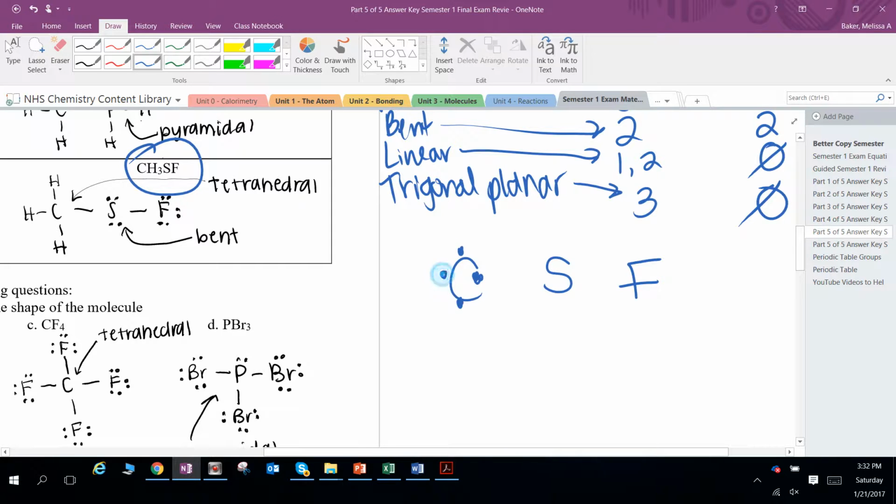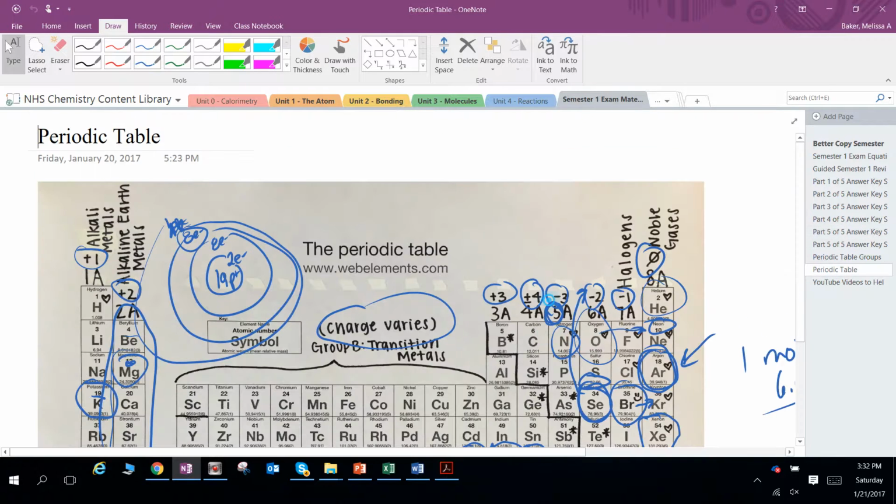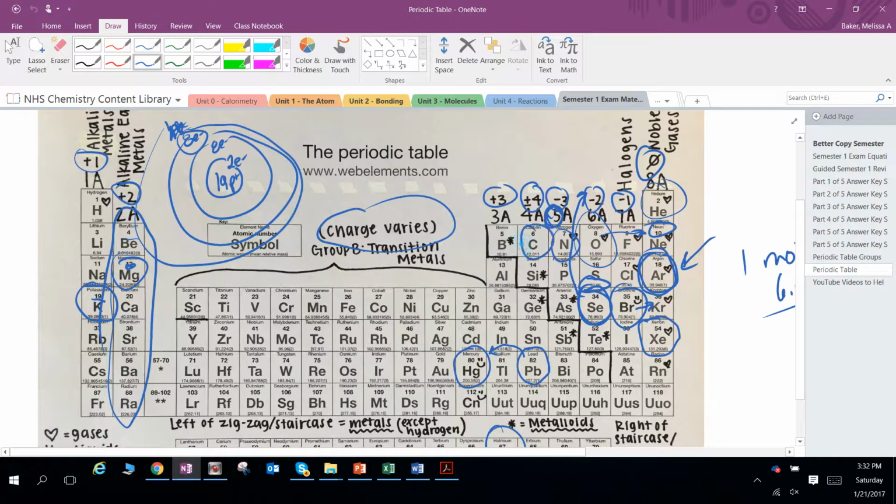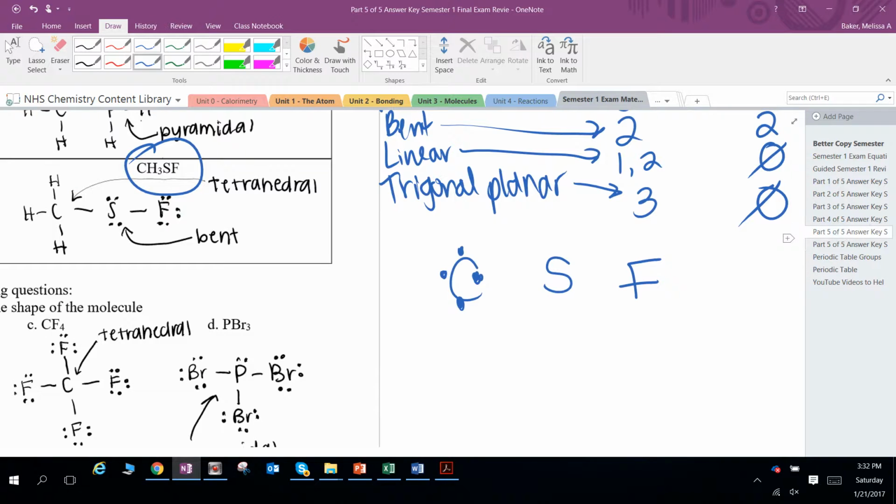How many dots do you draw around the atom? You have to check the periodic table and see what group number it's in. Like carbon is in group 4A, so it gets 4 dots. Sulfur is in group 6A. It gets 6 dots. Fluorine is in group 7A. So you start at the top and you go around clockwise until you're done. And for fluorine, the 7,